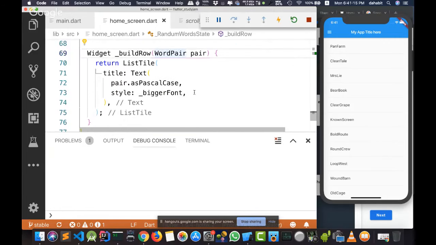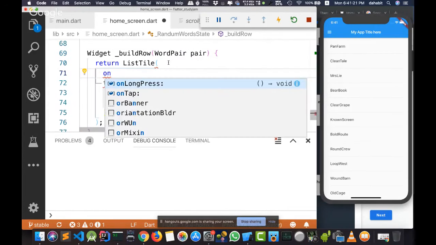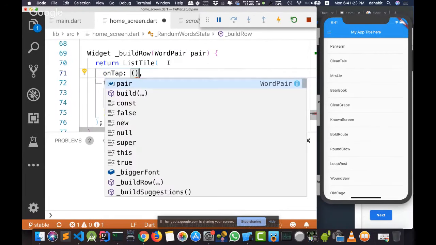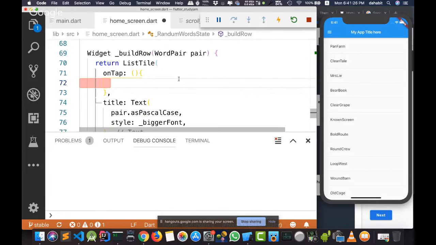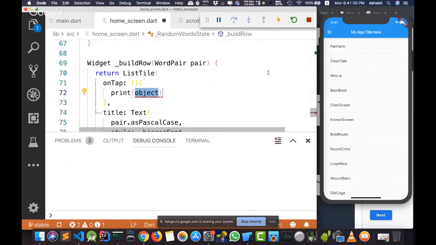Let me go back to the console and clear it. As you can see here, I want to activate the onTap option. So I'll go here to onTap. When I am pressing any element, I'll try to print the element that I'm clicking. What's the name of the variable that holds the element I'm using? It's called pair.